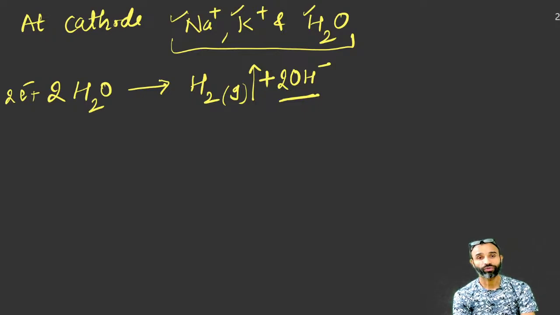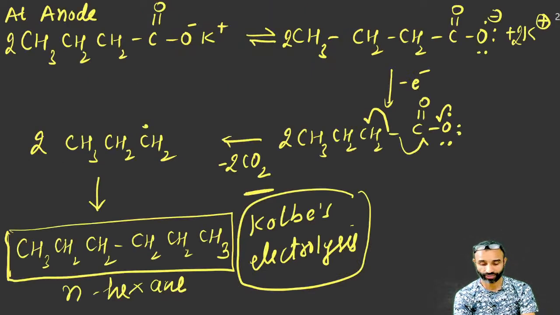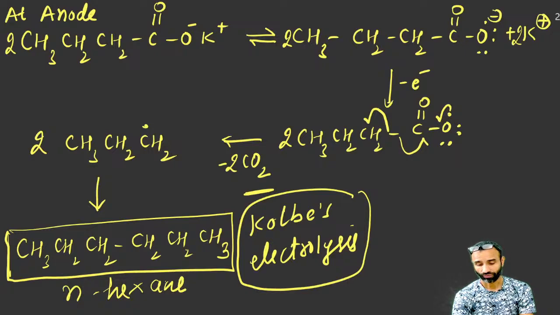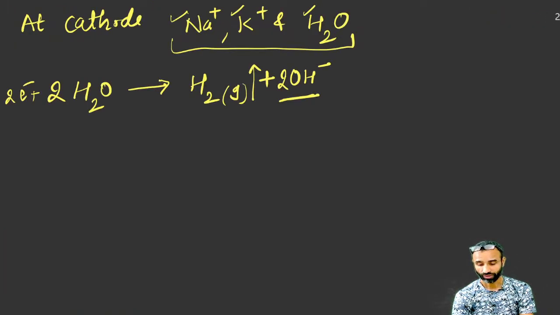So ultimately we will get normal hexane as the product. Now this normal hexane, when it is treated with Cr2O3 or Al2O3 or Mn2O3, there are a few reagents, when this reaction takes place at 770 Kelvin and 20 atmosphere pressure, there is cyclization followed by aromatization. So this normal hexane